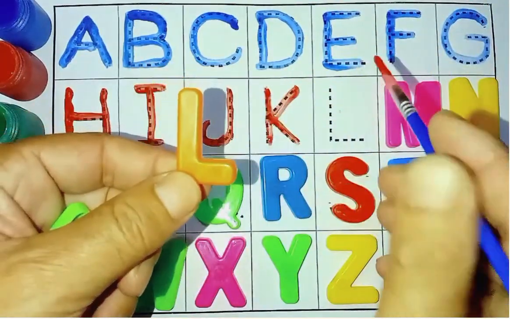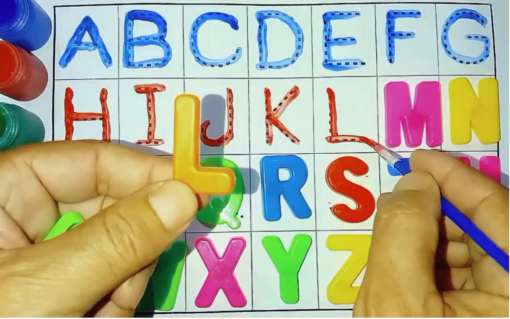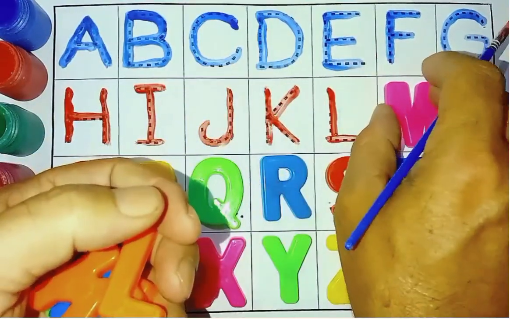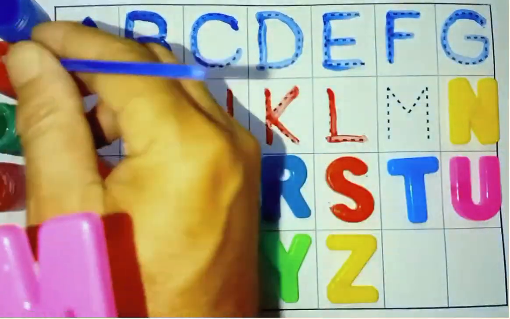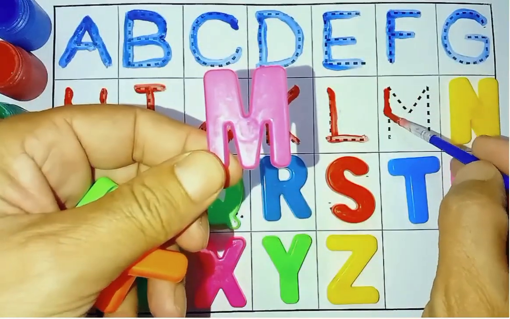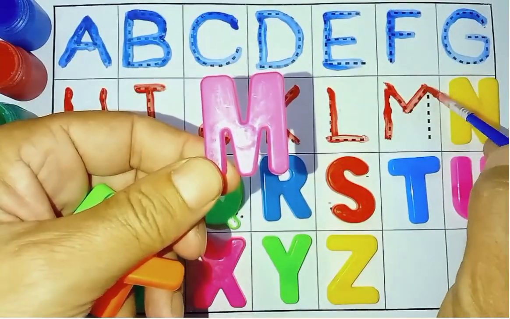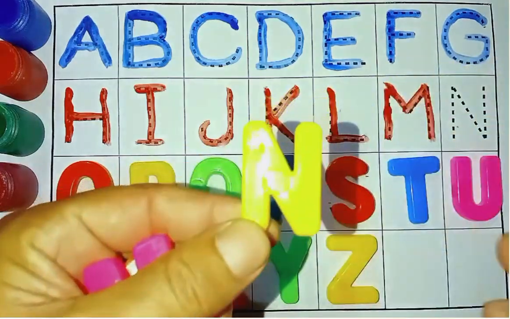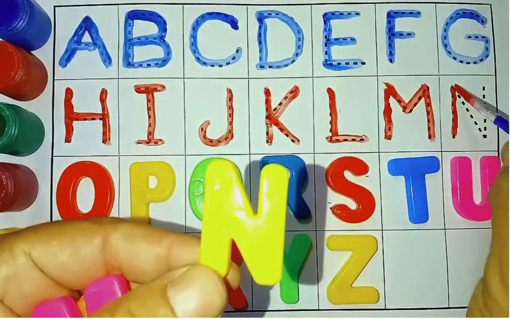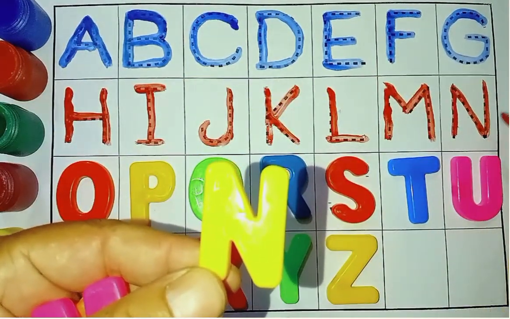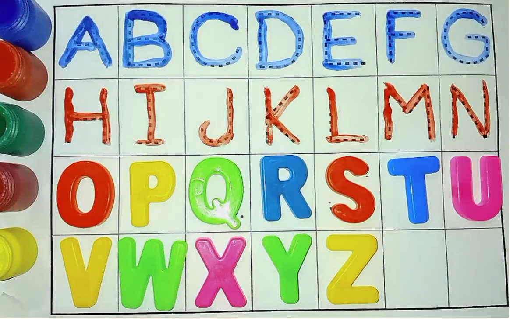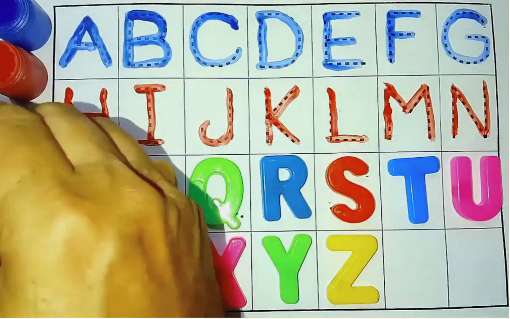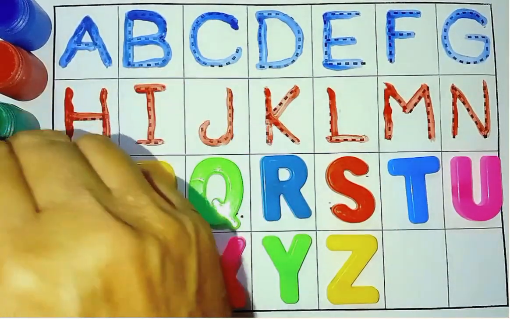L for lion, M for monkey, N for nest, green color, O for orange,